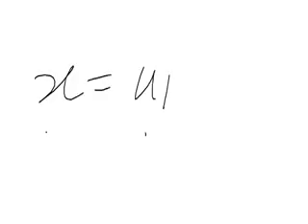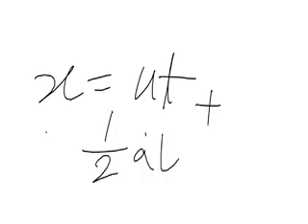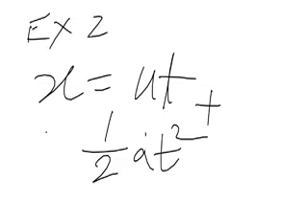Let's check the equation for dimensional homogeneity. x equal to ut plus half at square. Another example: x equal to ut plus half at square,